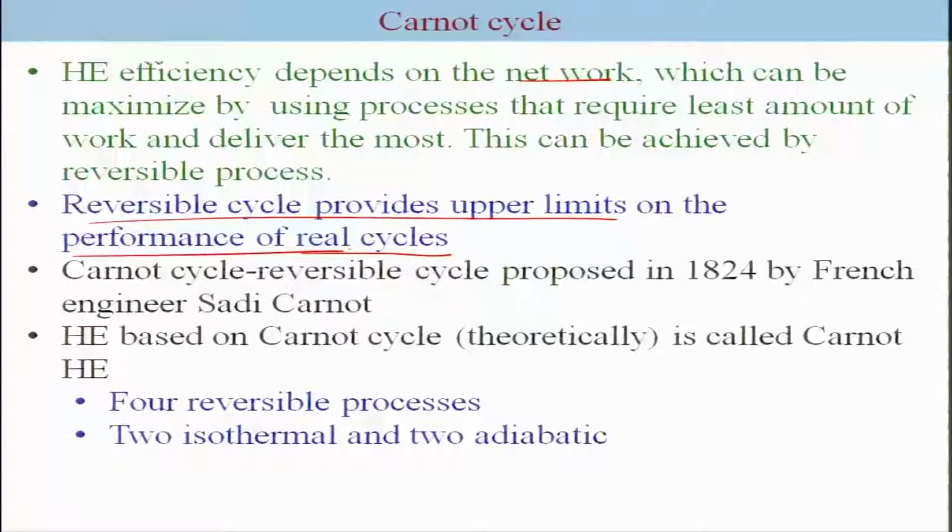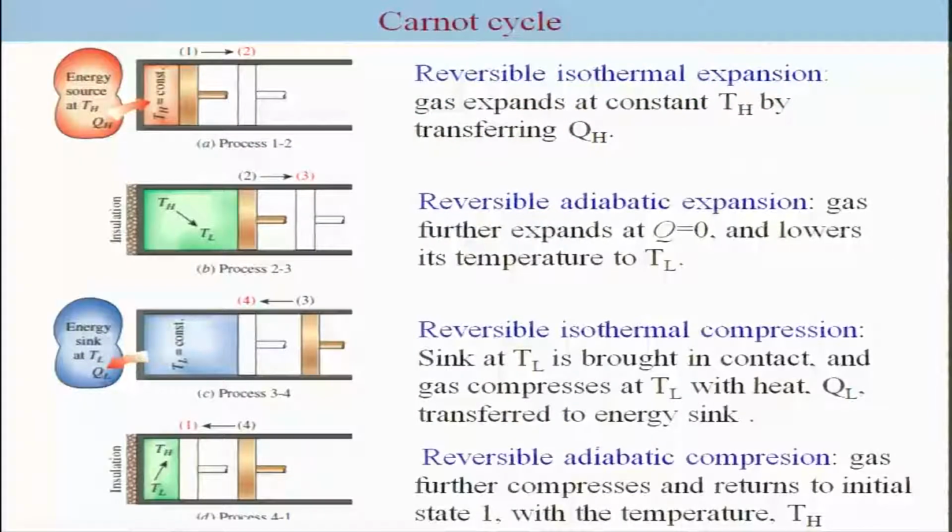One of the reversible cycles was proposed by Carnot. It consists of 4 reversible processes, 2 of them isothermal and 2 of them adiabatic. Consider a gas in which we first look at the first state to the second state, where this is a reversible isothermal expansion. Heat is being transferred from the source at a constant temperature. The piston expands very slowly, or quasi-static expansion, and this is also a reversible expansion at a constant temperature.